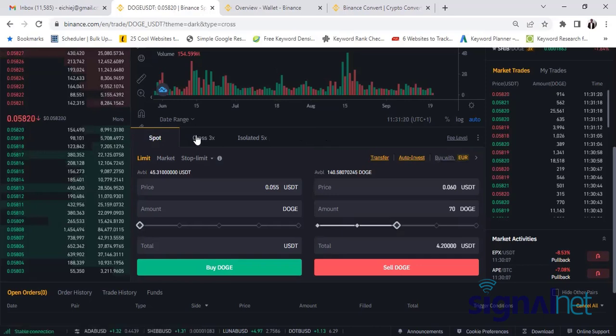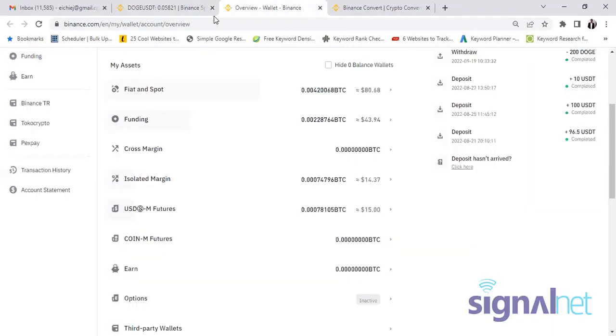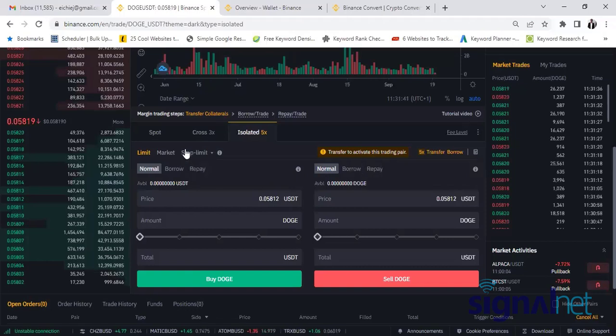We have the cross and we have the isolated. If I go back to the overview, you can see this place where you see isolated margin. This isolated margin is the same as this one inside the spot where you see isolated. What this means is this. You can actually transfer funds to your isolated account